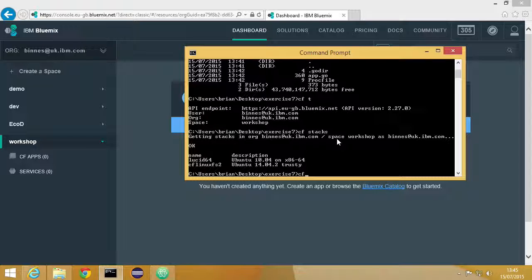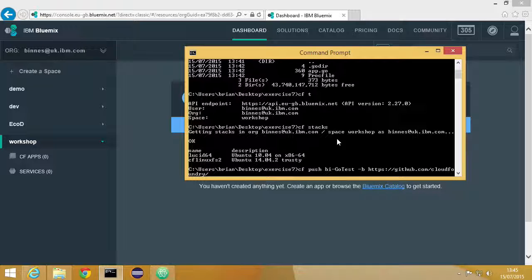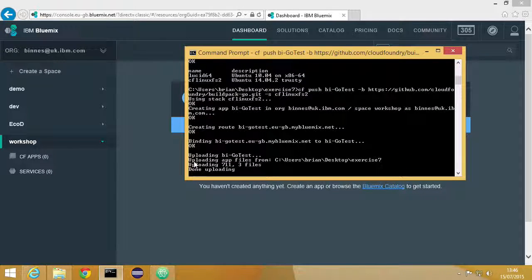So to deploy my application, I do cf push. I then give it a name. And then I can specify the build pack. And we are going to use the build pack from GitHub, cloudfoundry go-buildpack.git. And then I need to provide this stack option, so -s, and then we want the name of the updated stack, which is here. And this is now going to deploy my application, pull in the build pack from GitHub,